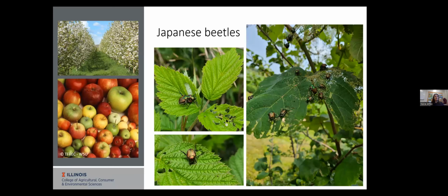So the next pest I'm going to talk about is a pest of all kinds of things. Urban landscapes, all kinds of things, but it's also damaging to apples. It's also something you've got to contend with. And the life stage that's destructive is the adult in this case, actually, which is quite different from a lot of the other things that we talk about.